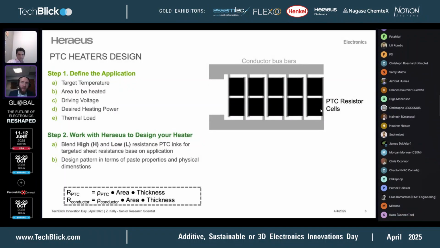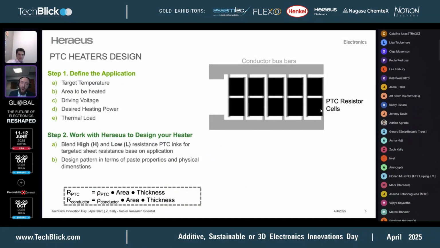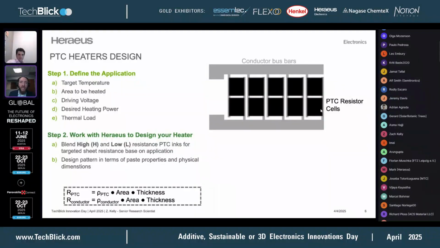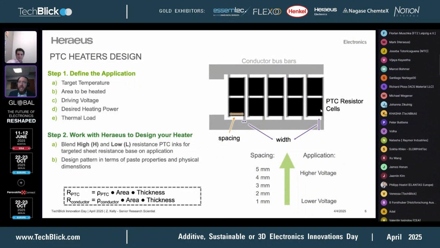So if you click forward again, we look at the resistance, which obviously is a function of the resistivity of the paste itself and the area and the thickness. This is one input for us. And if we continue looking at other inputs, go ahead and click ahead. The spacing of the PTC resistor cells along with the width